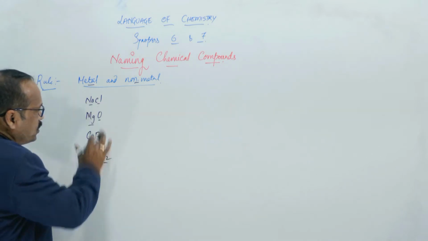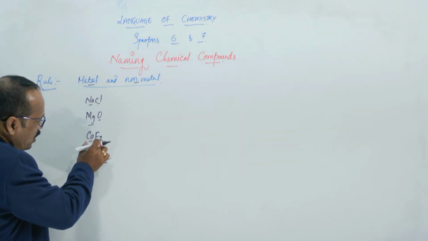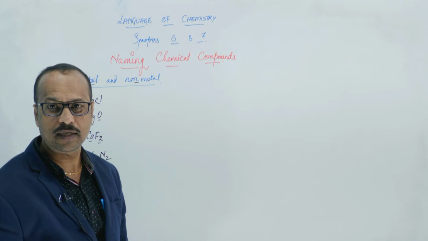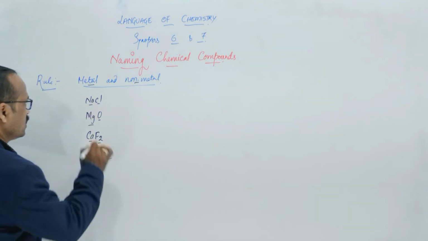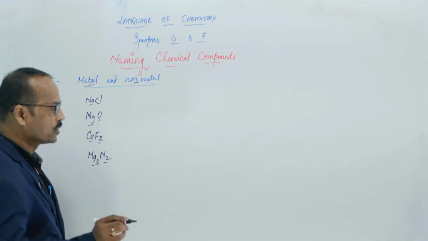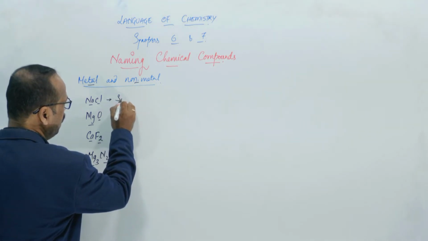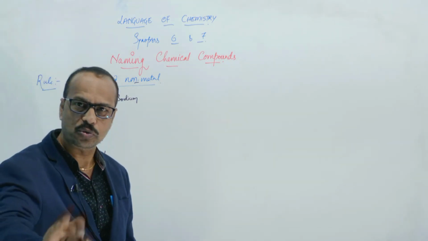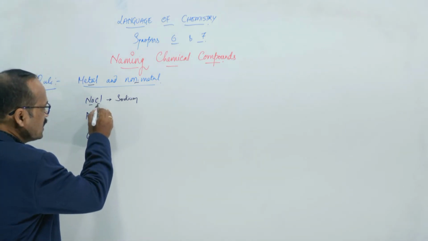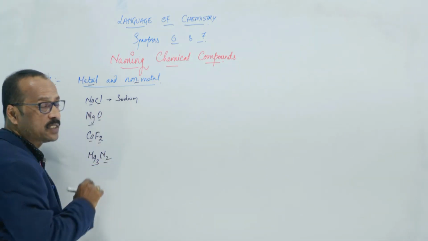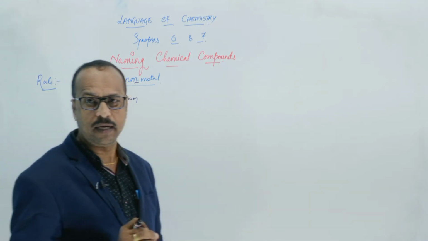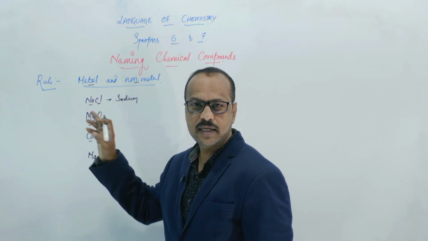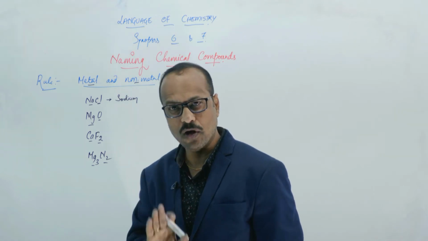Whenever you want to give the name to these compounds, your first elements are what? Metals. Write the complete name of the metal as it is. So, Na is a symbol of what? Sodium. So, write sodium. No problem. Now, come to the second one. Second one is chlorine. But whenever you write the name of the compound, if the second element is a gas, non-metal, then